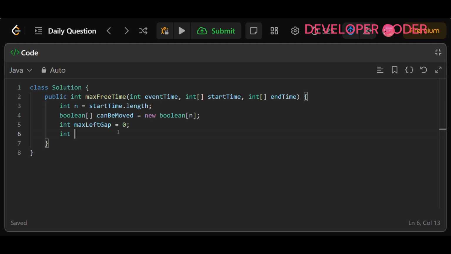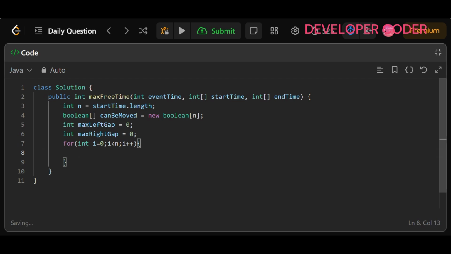And same way maxRightGap, okay, I'm going to set it to 0, okay. Now first pass from left to right and then from right to left, okay. Two things we need to check, okay. So for int i is equal to 0, i less than n, i plus plus, okay. So first